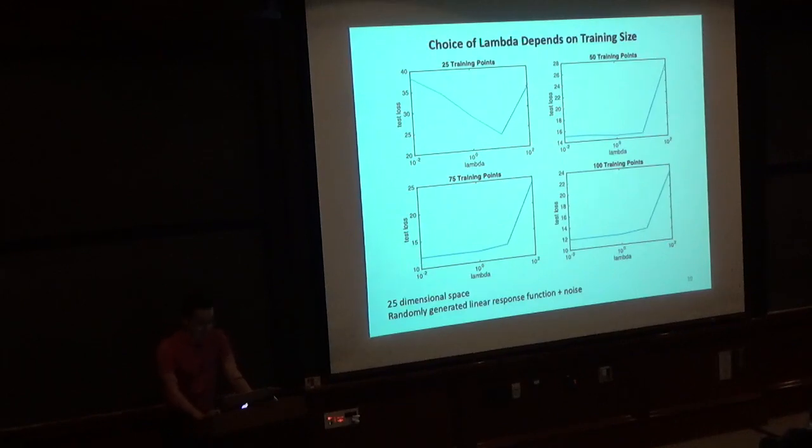At 25 training examples, if lambda is too small, at least within the range that I'm plotting here, between 10 to the -2 and 10 to the +2, then we're overfitting really, really badly to the training set. And the best test set performance is over here. At 50 examples, the best test set performance is still over here, but because we have more training data, we're not overfitting so badly, even with small lambda. And by the time we get to 100 training points, I think the best lambda is over here. And of course, if you set lambda even smaller, it'll start to go up a little bit.